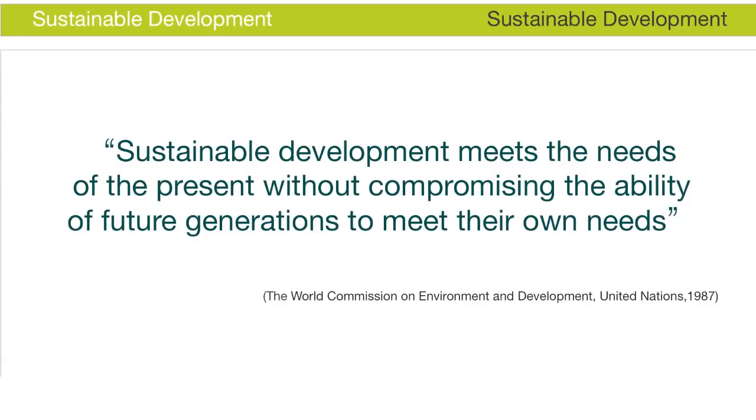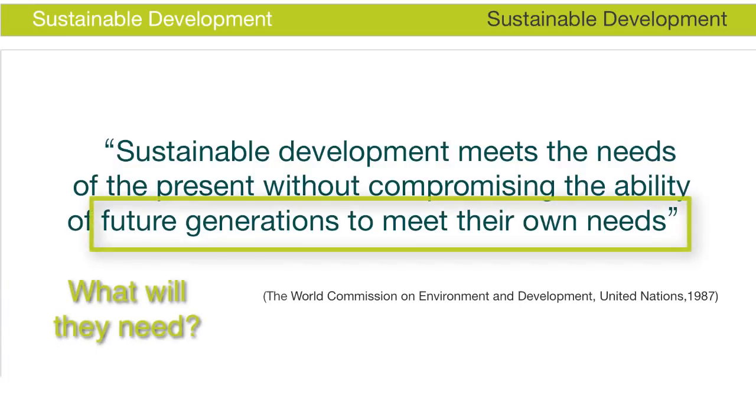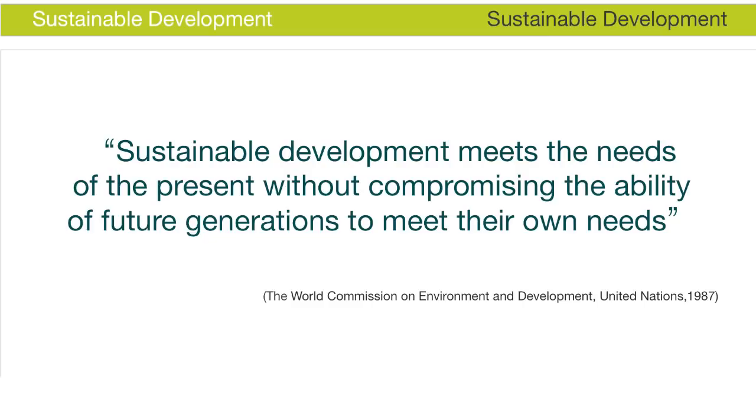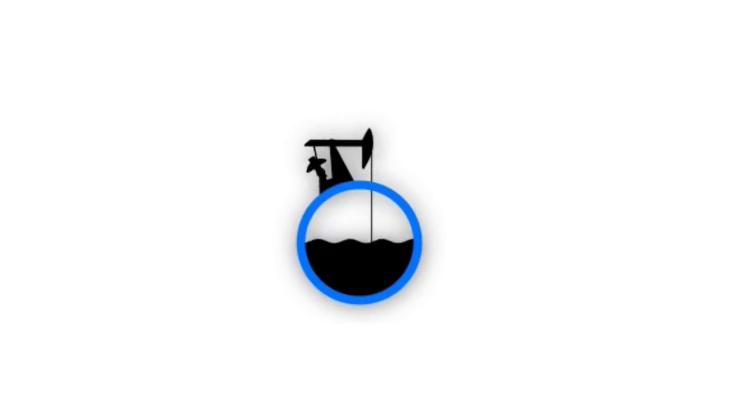The most widely cited definition of sustainable development, shown here, comes from the United Nations 1987 Brundtland Report. This definition leads to many questions, such as, what will be needed by future generations? This seems impossible to answer, but there are a few things we do know. The fact that we are using resources faster than the rate at which they're being regenerated will guarantee that they won't be available for future generations.